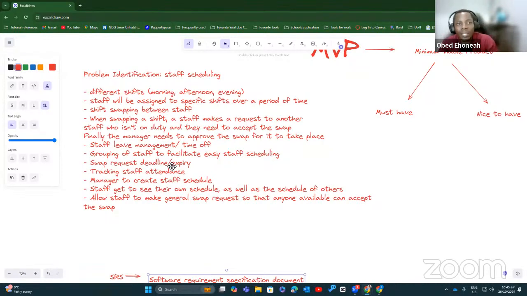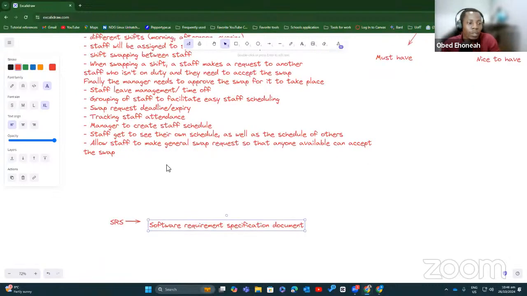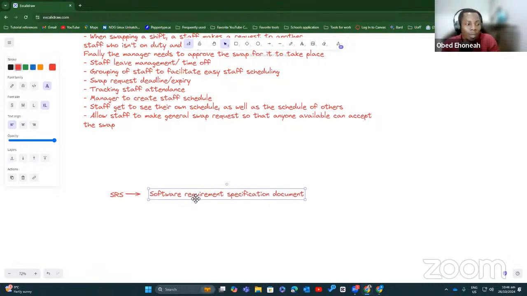But if I'm building it for a less developed country where internet is a problem, then I need to consider all those things in my non-functional requirements. Do I use caching, or is it going to be fine without caching? All of these things come in, but you only begin to think about them when you start thinking about the software requirements specifications, or the functional and non-functional requirements.